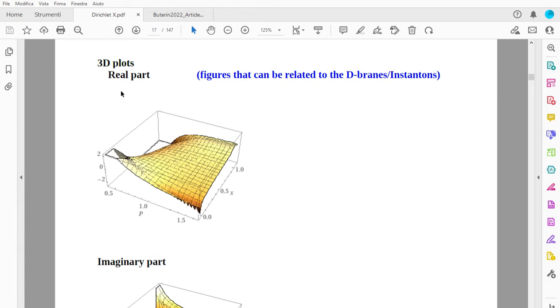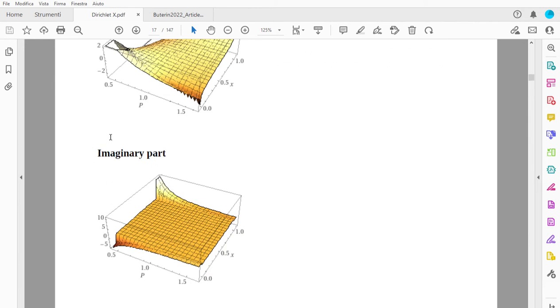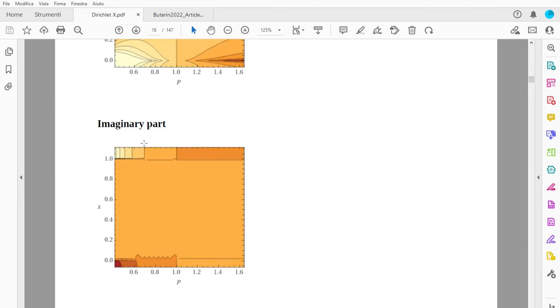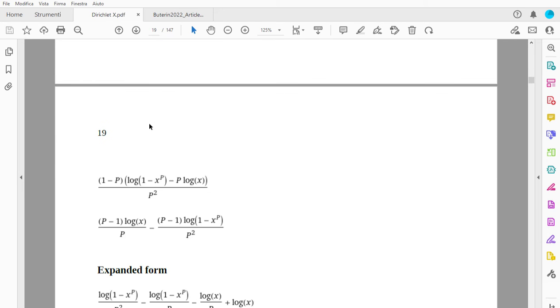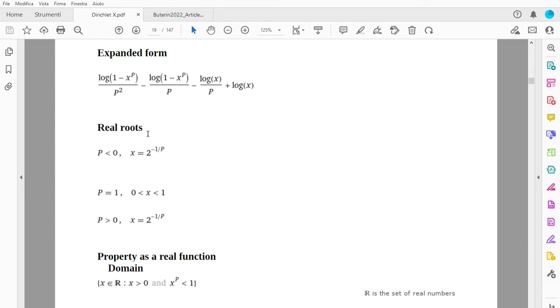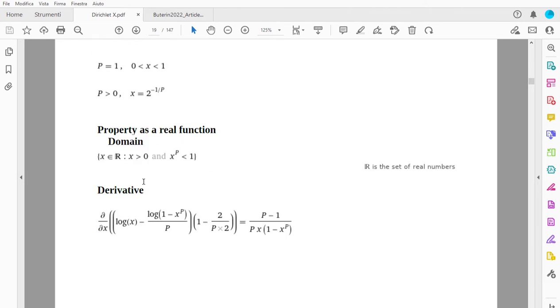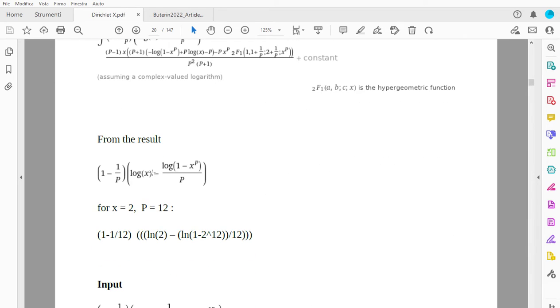Again, the first figure is the real part, the second figure containing the imaginary part. Again, alternate forms, expanded forms, real roots, properties as a real function, domain, derivative, indefinite integral, and from the